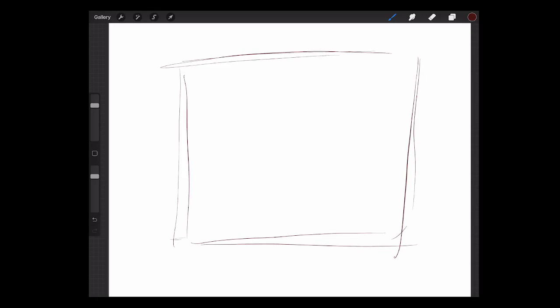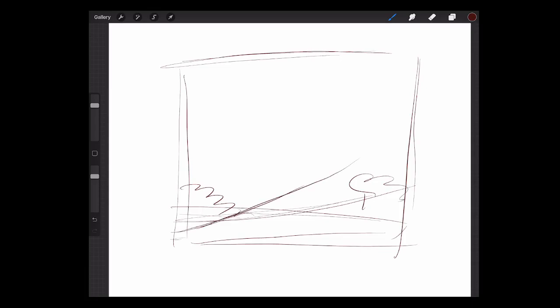Let's see. We can start off with maybe just a regular landscape with some trees. And then from there we can create a road, but the road kind of goes up into the sky and fades into the sky. And we can have maybe someone riding a bicycle.